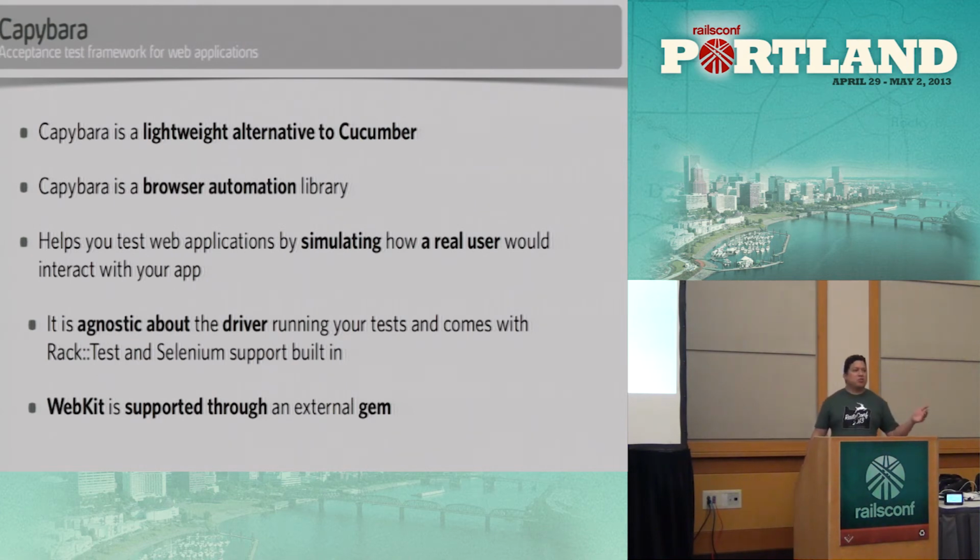So Capybara automates your browser. Basically, it's a remote control from your application test suite to control browser actions. And the idea is that you want to simulate how the real users would work with the application. Now, if you take this to the obscene extreme, you basically go into a large corporation where they create Selenium scripts for every possibility. I mean, they really just random click things and put random text in boxes. And that's okay to shake the application to see if it breaks under bad input and things like that. But it's really not the type of testing that we're looking for to drive the design of the application.